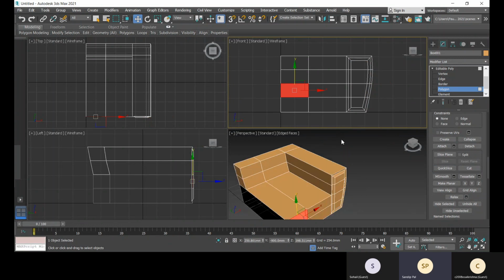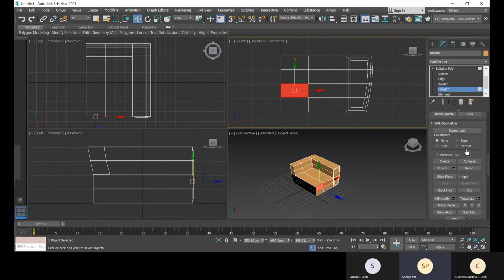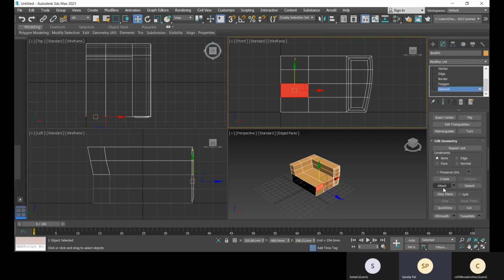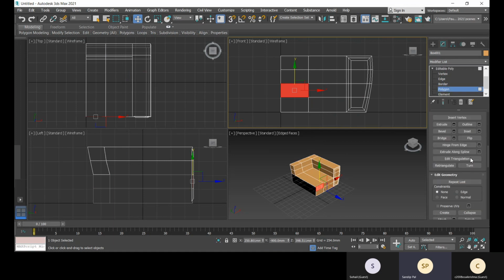Now what I will do, I will select it, and I will directly bevel on it. So for this, the value will be half of the previous, that is 15, and this one will be minus 25. Polygon with the bevel, minus 25.